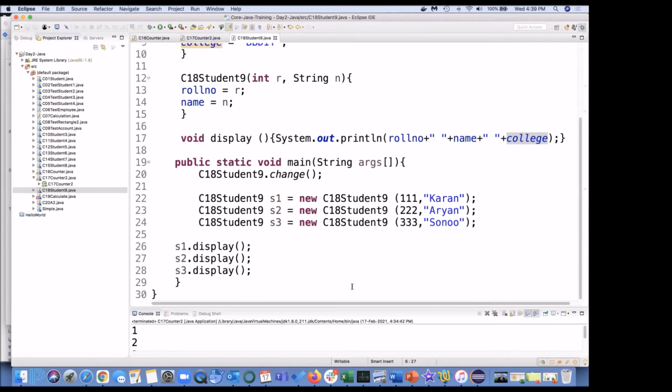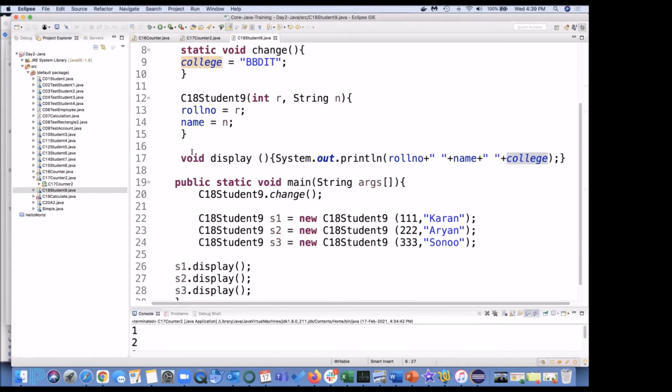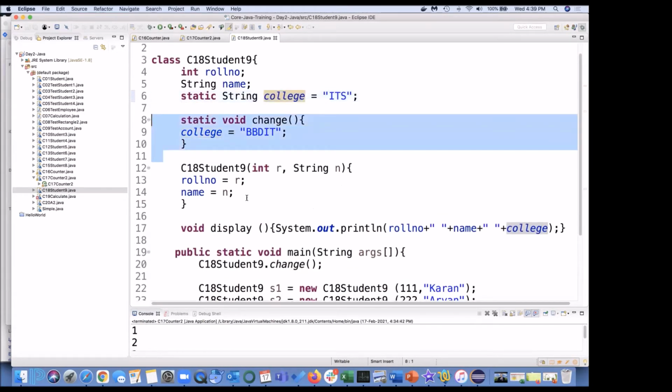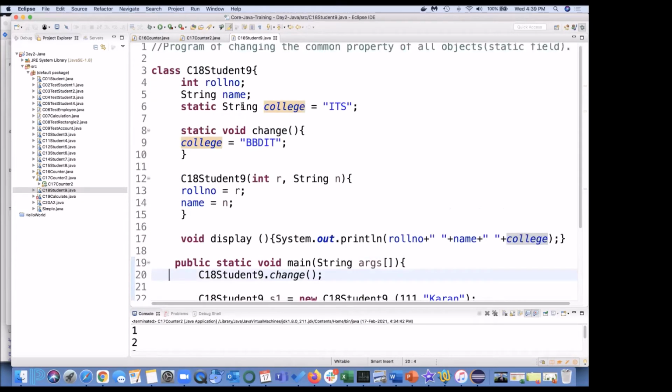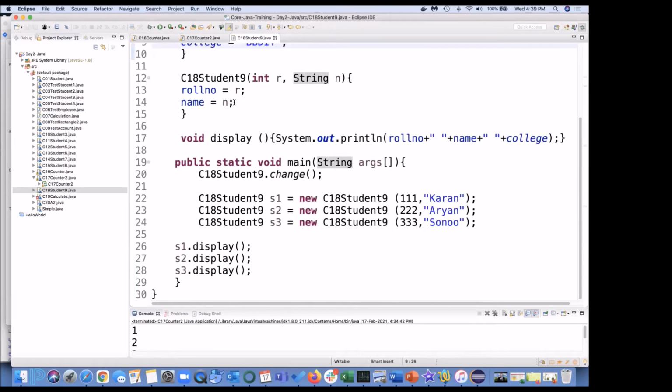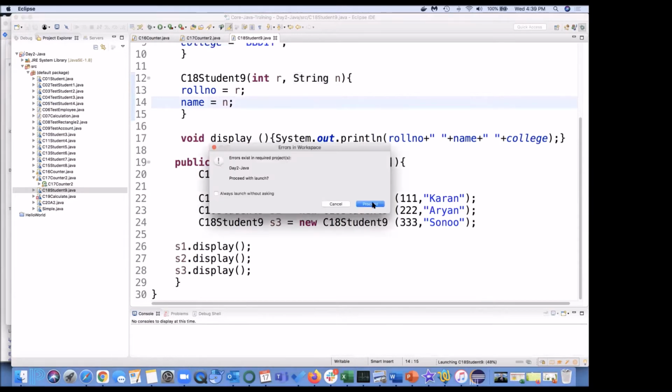Anyone answers? So earlier we have done this program, we just introduced this static function and we are calling it directly, the static function which is trying to change the value of this college name. Okay, let us run and see.